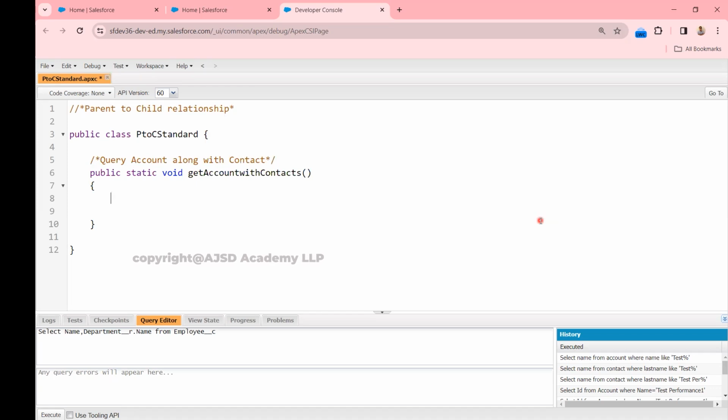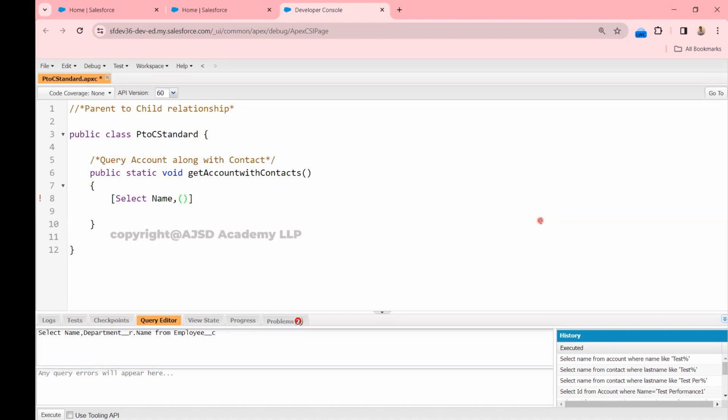So if that is the requirement, then definitely we will be writing the SOQL like this. So now select name. I want to fetch the account name, and then immediately I want to fetch the contacts also. So I have to put a comma, and then I have to put the subquery. The subquery will always come inside an open bracket and close bracket. In the subquery, I'm going to query only the last name from contacts. Here comes the confusion,